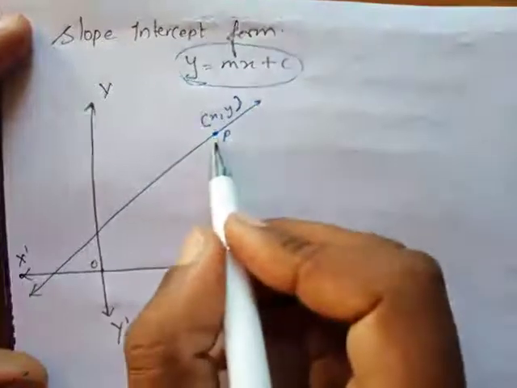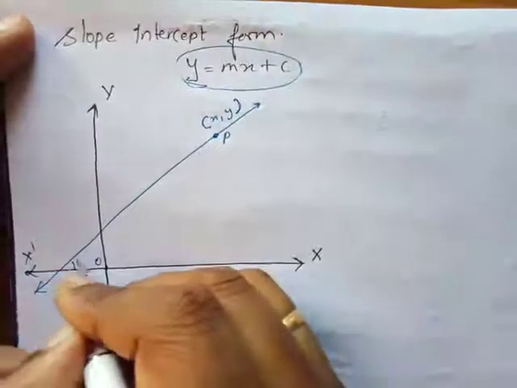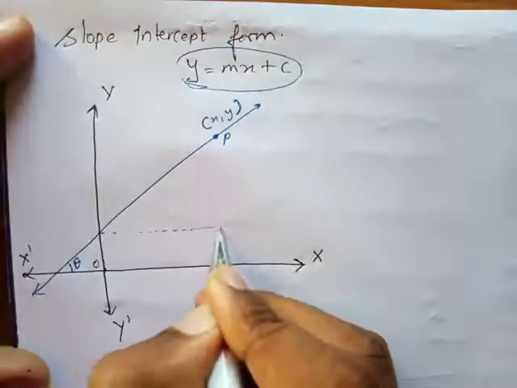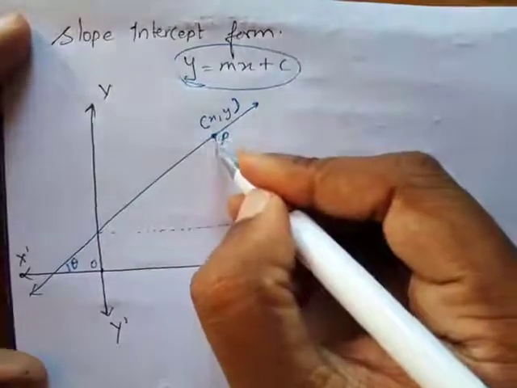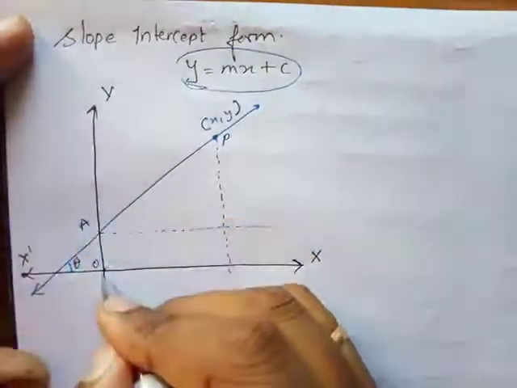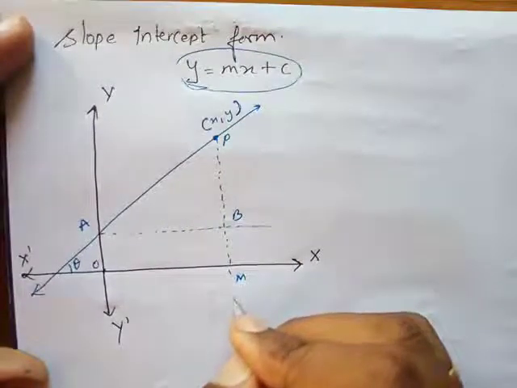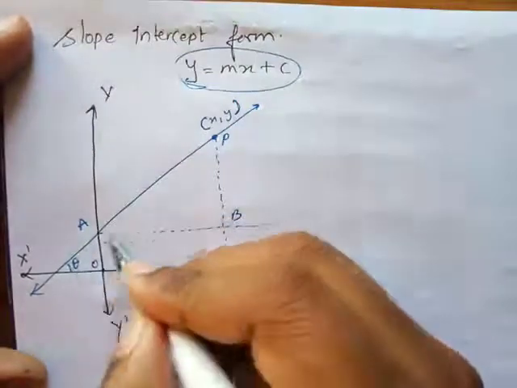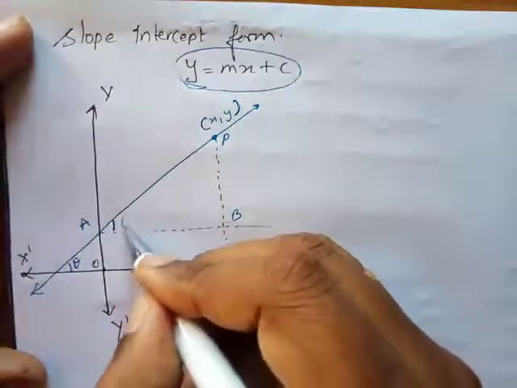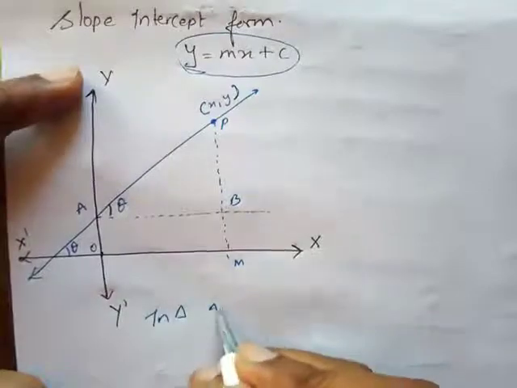Let's say there's a straight line given and the point P is on that, and I don't know the point's coordinates, so I'm just writing x comma y, and this angle is going to be theta. Okay, so if I draw a line parallel to the x axis, it's going to come something like this, and parallel to the y-axis it's going to come like this. So I can name this A, this is already O, this can be B, this can be M. If this is theta, you have studied in smaller classes, you can see this and this are corresponding angles. So if this is theta, this is going to be theta as well. So I'll be looking in triangle ABP.